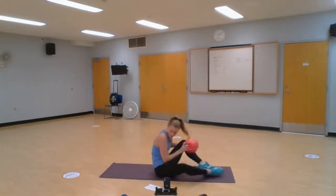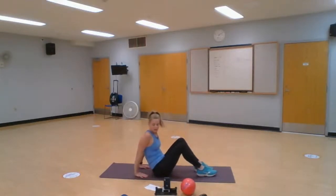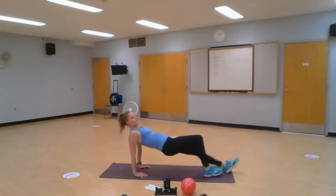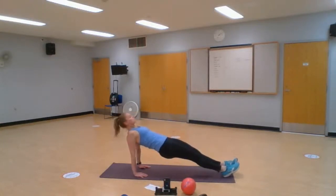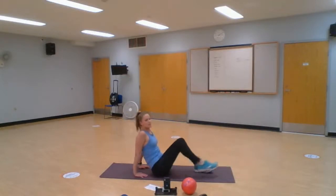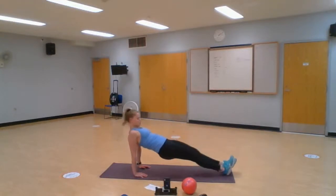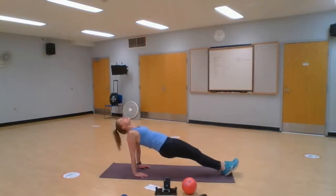All right, so we've got the reverse plank. So we're going to pop up those hands in 3, 2, and 1. Here we go. Just trying to lift those hips the whole entire time. 50 seconds is a lot, so if you need to drop it down or go into tabletop for a little break, feel free to do that. Biggest thing is trying not to look down at our feet, so it's going to put a lot of pressure on our neck. So just trying to relax that neck,